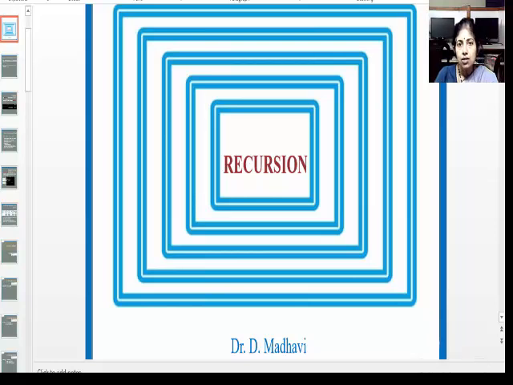Hi all. Today we are going to discuss a topic called recursion. Recursion uses a concept called decomposition. That means a bigger problem is reduced to a smaller size problem and still further reduced to the next level of a smaller size problem, and still it is reduced to the next level of smaller problem, and finally it reaches an atomic size wherein it returns a solution for that small problem.